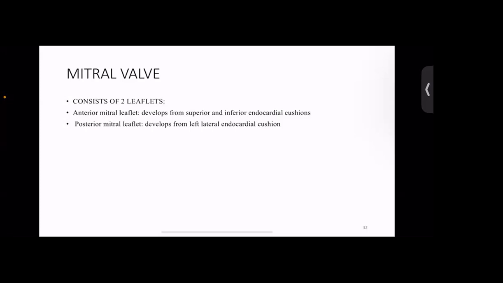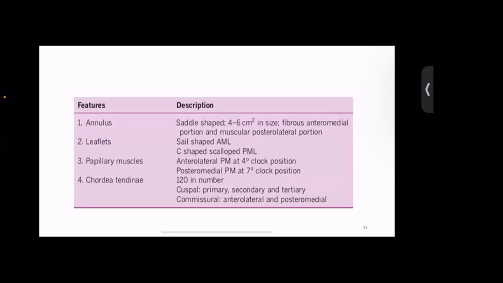Now, the mitral valve consists of two leaflets, the anterior mitral leaflet, which develops from the superior and inferior endocardial cushions, and then the posterior mitral leaflet, which develops from the left lateral endocardial tissue. So this is a description of the mitral valve. We have the annulus, which is saddle-shaped, about 4 to 6 centimeters in size, with a fibrous anteromedial portion and a muscular posterolateral portion. And then the leaflets: the anterior mitral leaflet is sail-shaped, and then the C-shaped scalloped